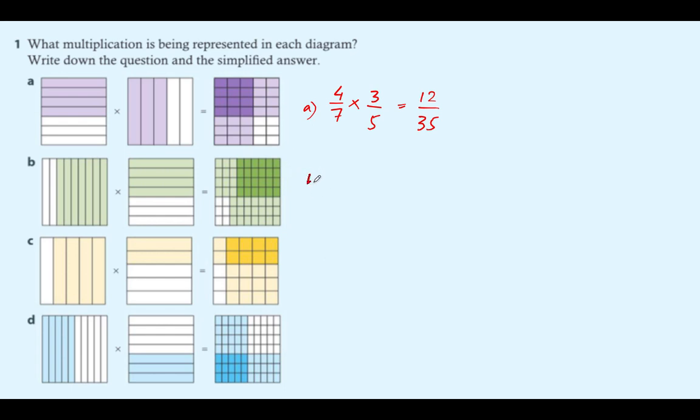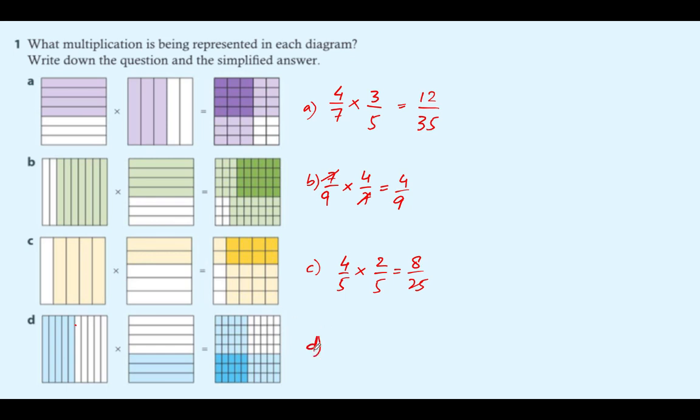we can see that there are 7 boxes out of 9 multiplied by 4 out of 7, and when we simplify them, first we will multiply them, so 7 times 4, or we can simplify 7 and 7, so we get 4 over 9. Part C. In part C, we have 4 out of 5 boxes multiplied by 2 out of 5, and when we simplify them, we get 8 out of 25 boxes.